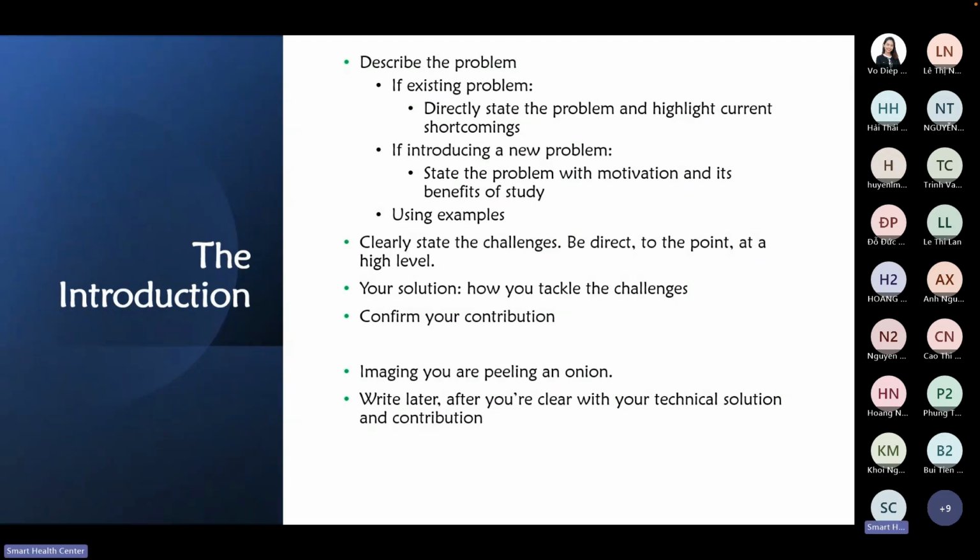All right, so we have to state the problem. We cannot skip that. Here, directly state the problem. But what I meant is that we don't need to worry about spending one paragraph to talk about things that have been heard many times already. So let's say 10 years ago, social media was very popular, and whoever mentioned misinformation, it was so new. No one thought about that. So they spent a whole long paragraph to describe what misinformation is, how easy it is to do through crowdsourcing, and make people believe in false information, and they're very worried, right? And then they convince you that it's so important to study this problem.